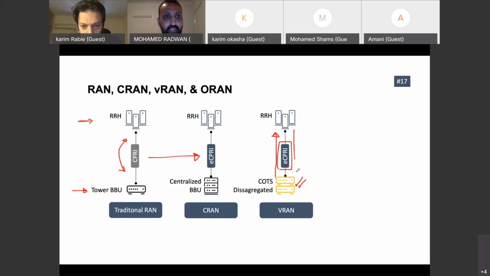Okay. Let's comment here on something, Karim, we discussed before. I believe one of the major revolutions to make this possible is that when we were in traditional RAN and moving to cRAN, we introduced Ethernet. We were able to have Ethernet as a protocol between these two, which is standard, simple, and everybody can use it. This makes it easy to move.